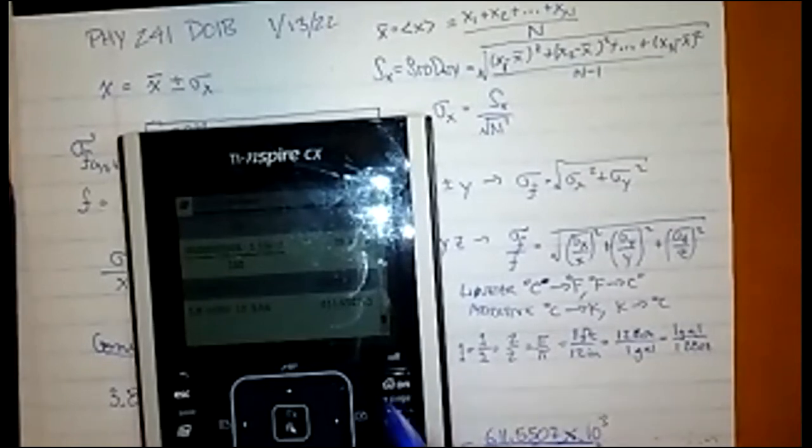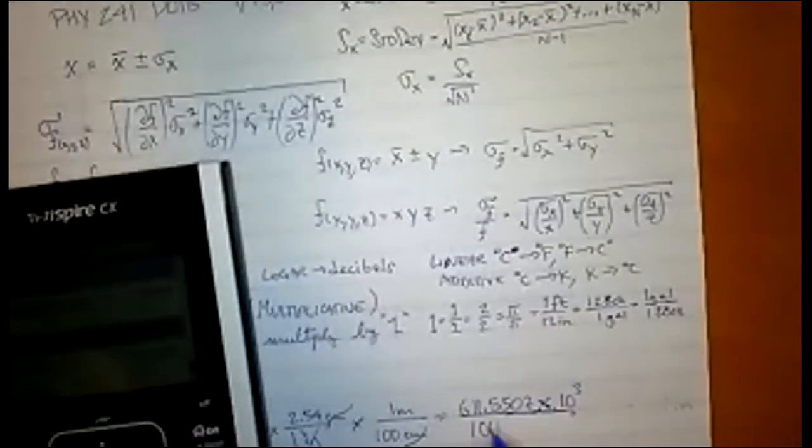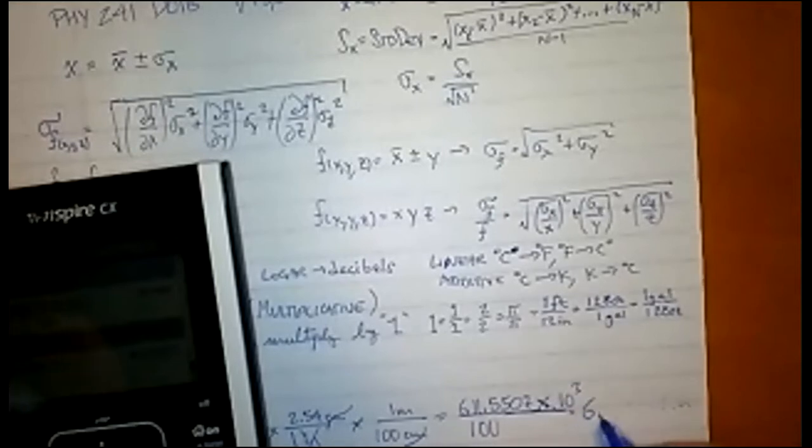So watch out with your calculator. Whenever that little E comes up, that means it's not an error. That means it's times 10 to the whatever power. So that was me just being a goober. I can now move the decimal 2 places to the left, and I'll see that it's 6.11557 times 10 to the 3rd meters.